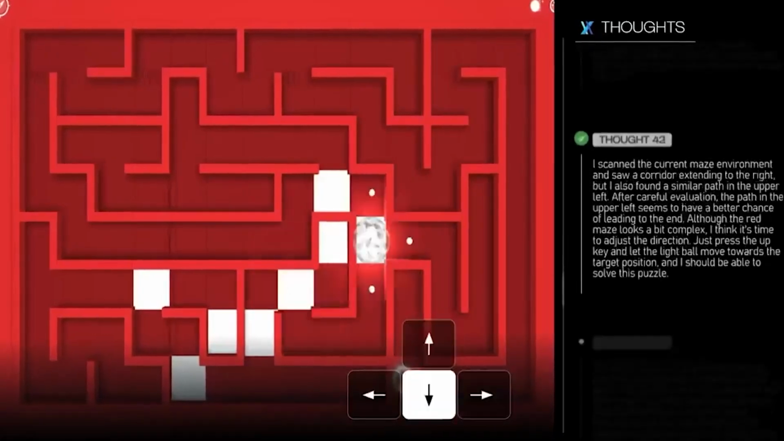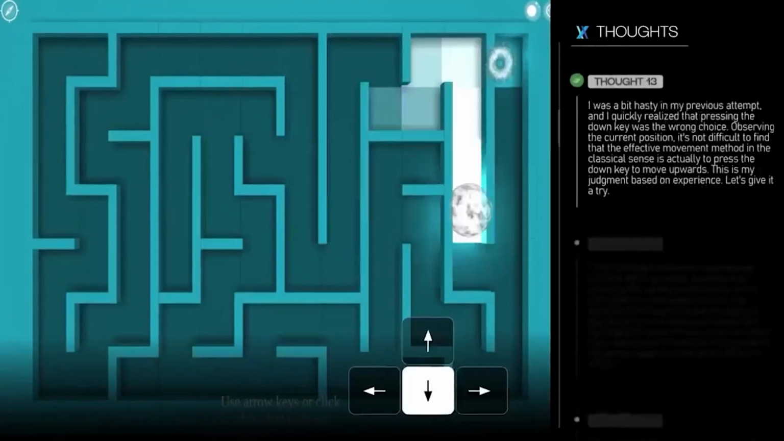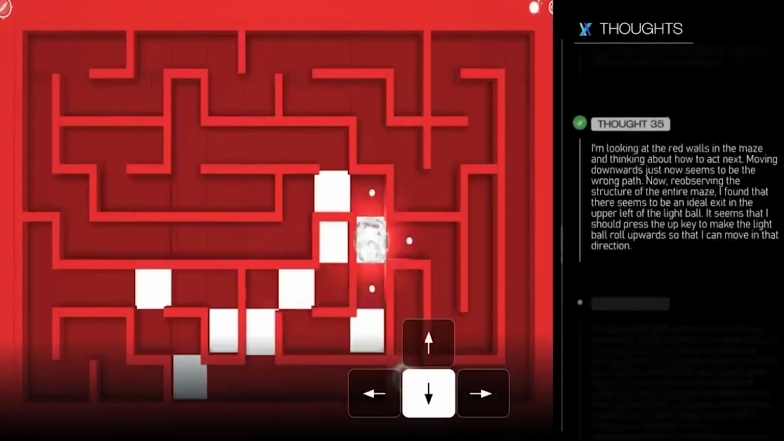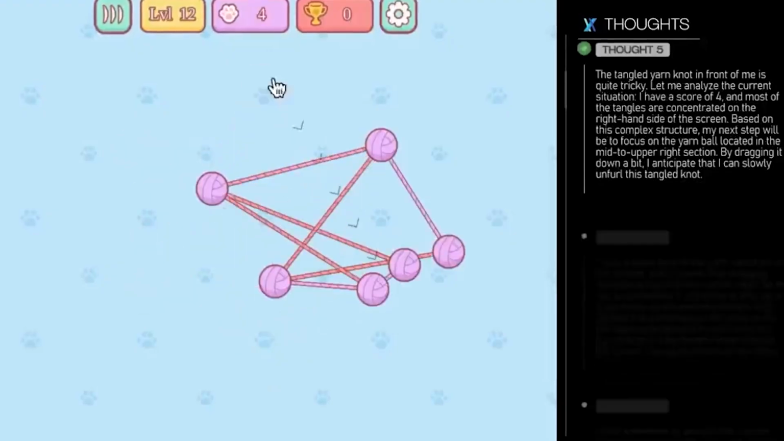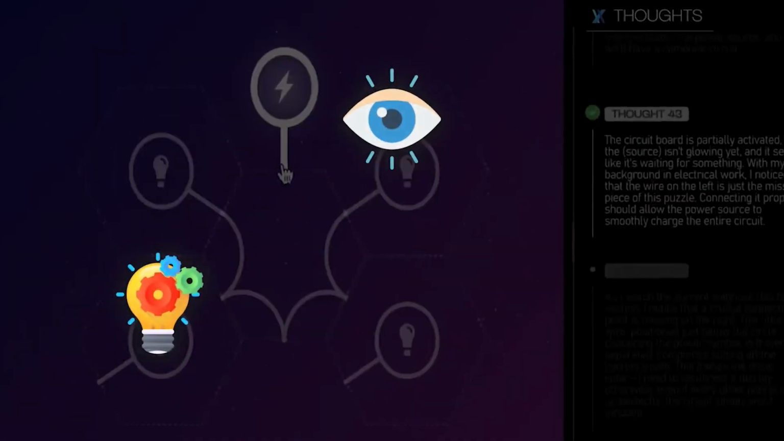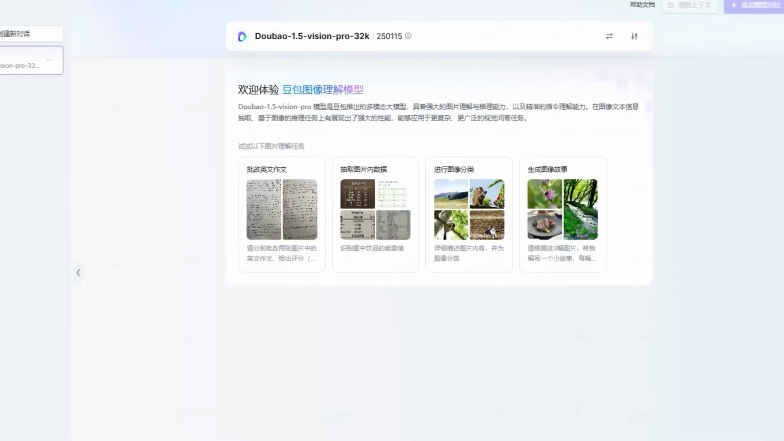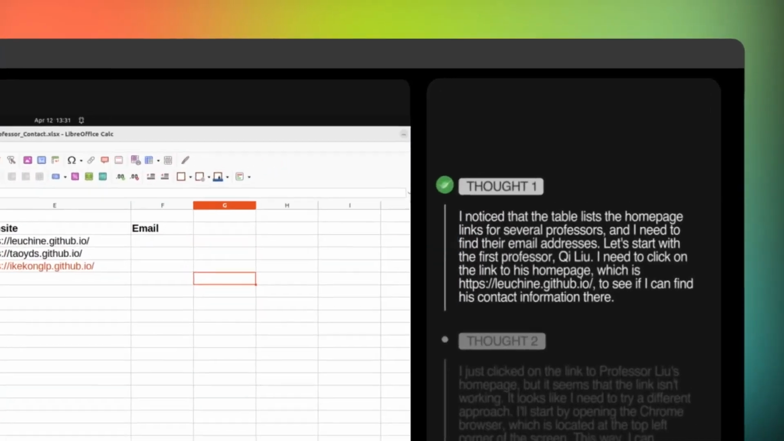What if an artificial intelligence could look at your screen, understand what's on it, and start clicking, typing, scrolling, just like a human? No more rigid scripts, no more robotic bots, just natural interaction. That's exactly what ByteDance has just released with Utars 1.5, and it might be one of the biggest steps forward